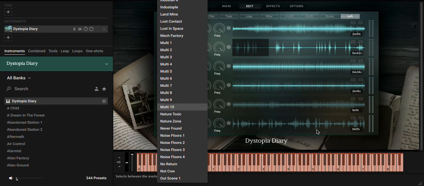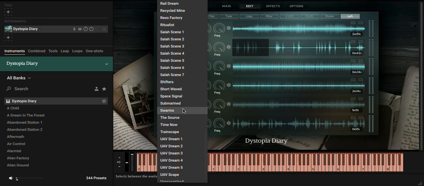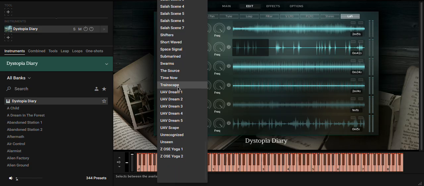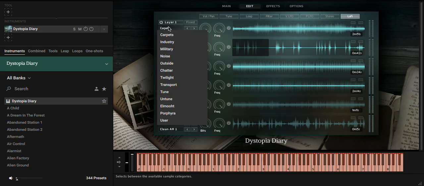It's not always 6 samples together. It could be 2 samples. It could be 3. It could be different things. But the whole point is that there's a lot of layering in this carpets category, and usually it's pretty long samples. The other categories, I don't want to go into detail of checking each and every sound, but